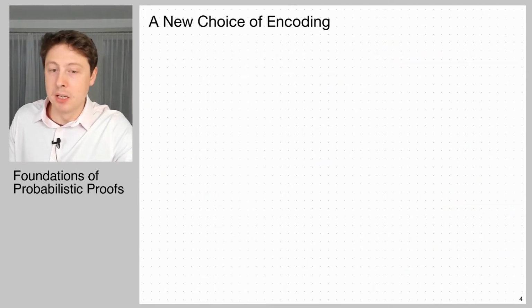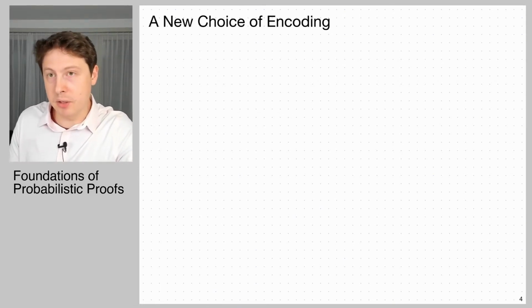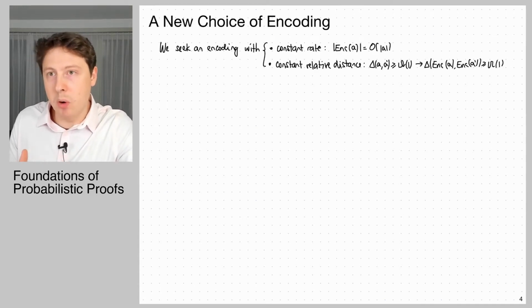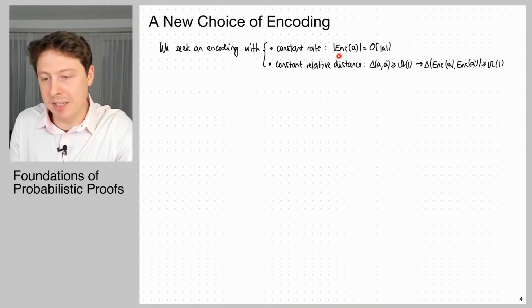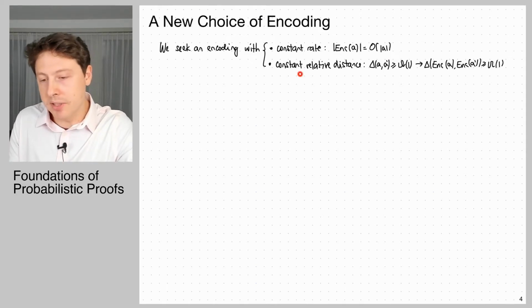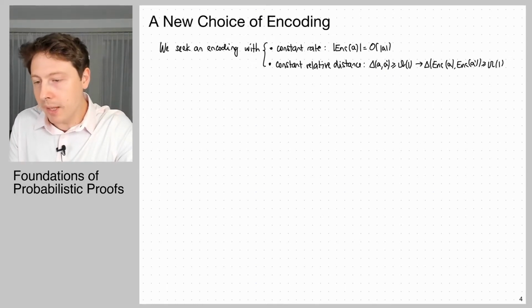All right. So we're going to have to pick some new encoding. And there's only so much we're going to be able to recycle now. And so the encoding that we want for linear length proofs needs to satisfy two basic properties. One is something you could call constant rate, that the encoding of an assignment should be no more than a constant times the size of the assignment. That's a pretty tall order, okay? And also something that you could call constant relative distance, that if the distance between